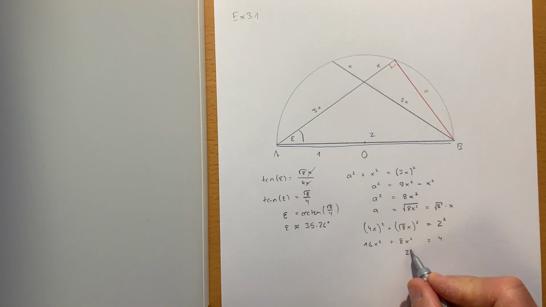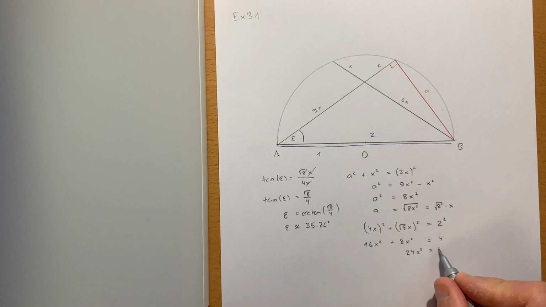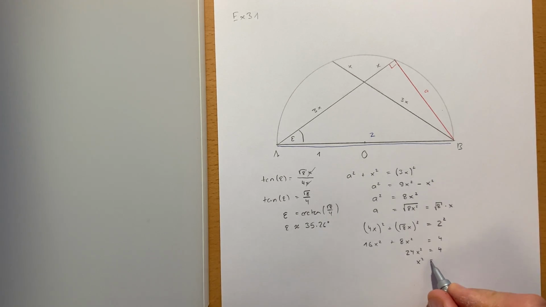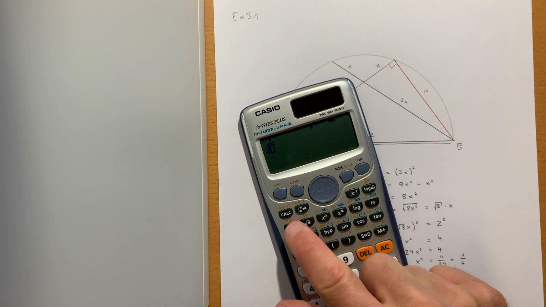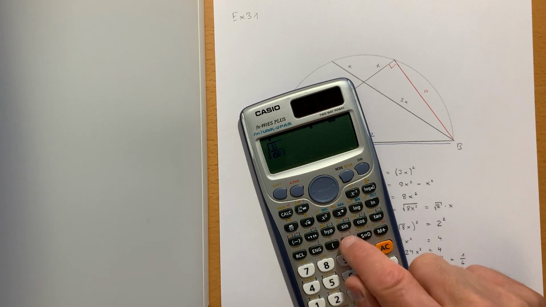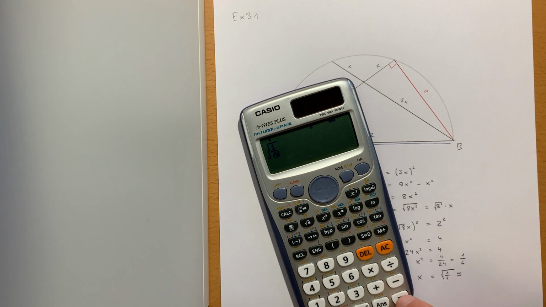So you get 24x squared is equal to 4. x squared is 4 divided by 24, which is obviously 1 over 6. Then you take the square root. Again, you could write plus minus, but because it's geometry, it does not matter. So x is approximately equal to the square root of 1 over 6, which is approximately equal to